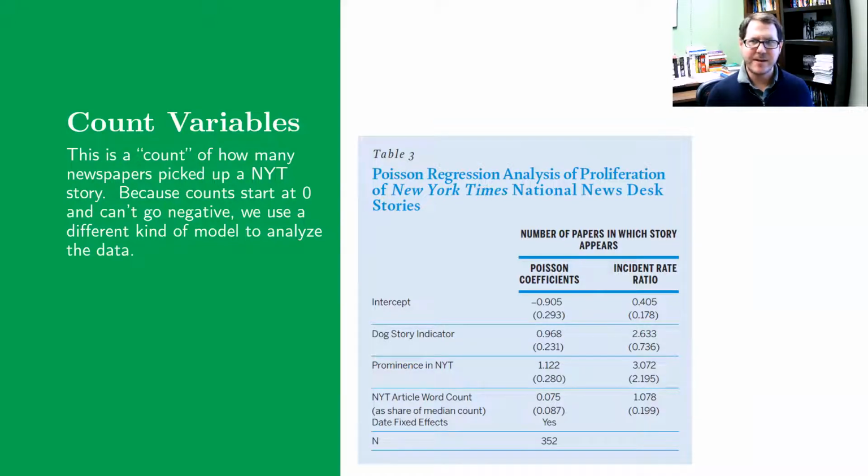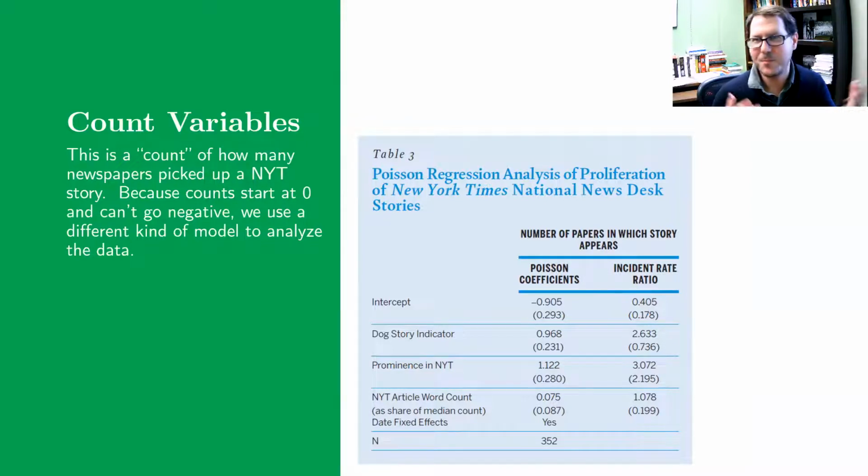I see an intercept, right? That's my starting point. I'm not necessarily going to interpret that in any sort of meaningful way, but I have a couple different variables. And so the New York Times article word count has a positive value, longer stories get picked up. Prominence in the New York Times, I think front page has a higher value, positive